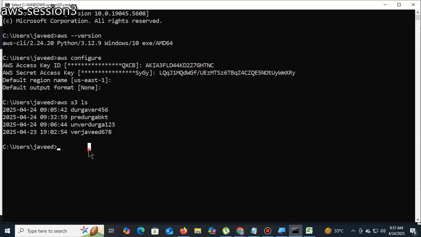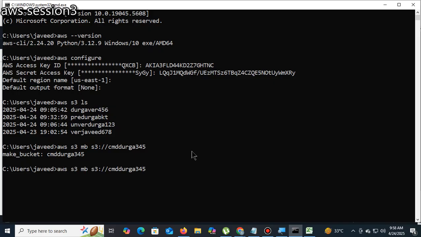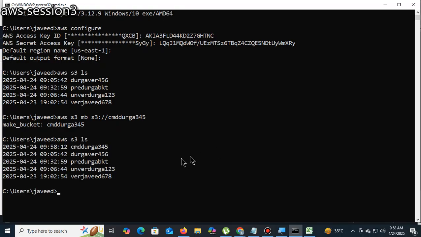Now you can see the bucket list. Suppose I want to create a bucket. To create a bucket, the aws s3 command is mb, which means make bucket, and you need to follow this format: s3:// followed by the bucket name, for example cmd-durga-345. Enter. Check whether the bucket is created.